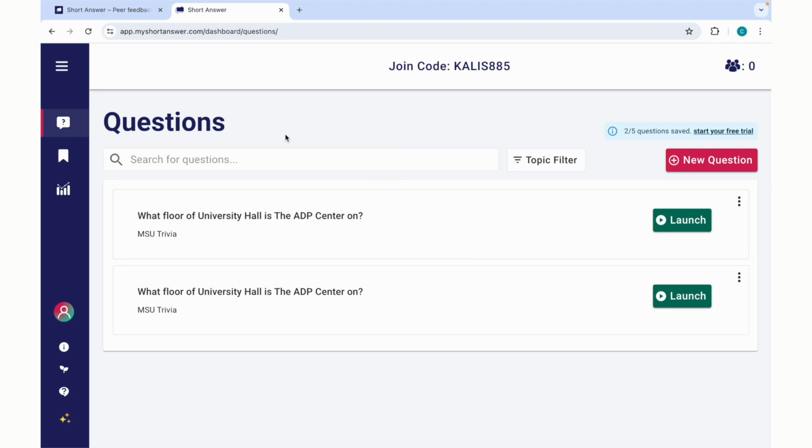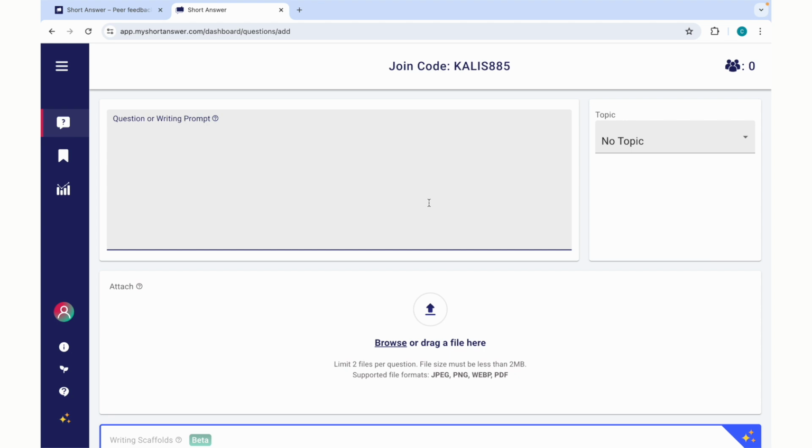So the free version of this platform does limit teachers to 5 active questions or prompts. The purpose of this platform is to prompt participants with a question where they would answer in a short answer format. This platform does allow educators, in contrast to the other platforms we've covered, to see the respondents' answers or score their points as well. To start, clicking the New Question option allows the creator to enter a prompt for participants